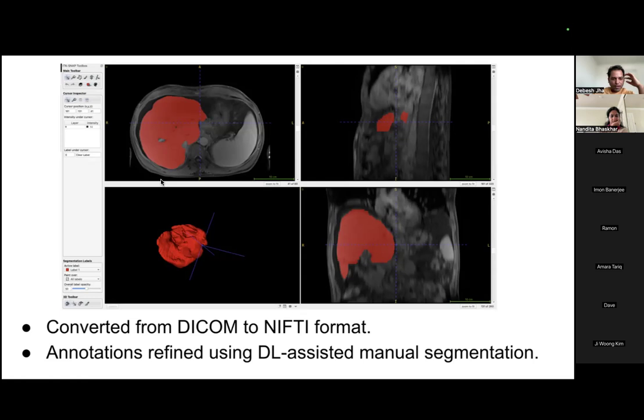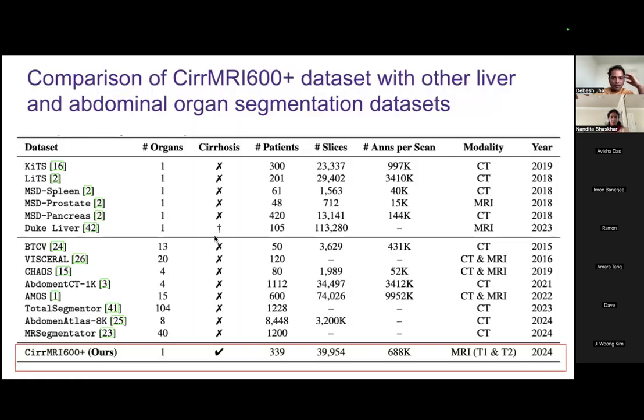First of all, we get DICOM images. These are some of the information related to pre-processing DICOM images. Then we anonymize all the information, for example scanner type, patient age, everything like that, and convert it into NIfTI format. Then we use deep learning based methods, for example TotalSegmentator or our own algorithm, to get a segmentation, and then we send this to the doctor, so at least we can save some amount of time while annotating the data set.